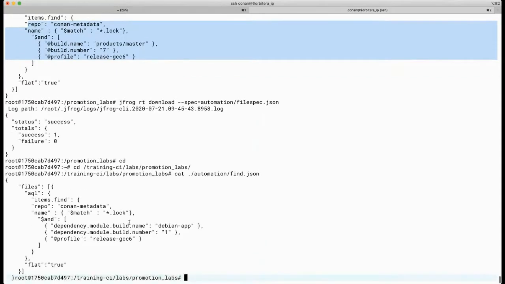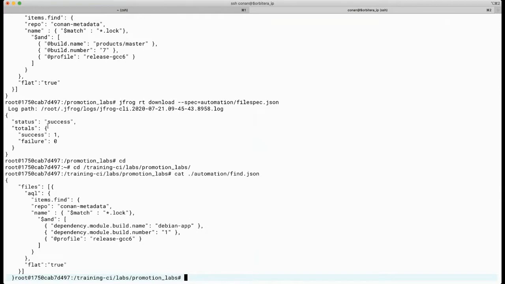Now I want to do the other way around. I know that I have somewhere a build Debian app with a particular number, and I know that this build is using a particular dependency, a particular Conan package, sorry, a particular Conan log file, and I want to find it